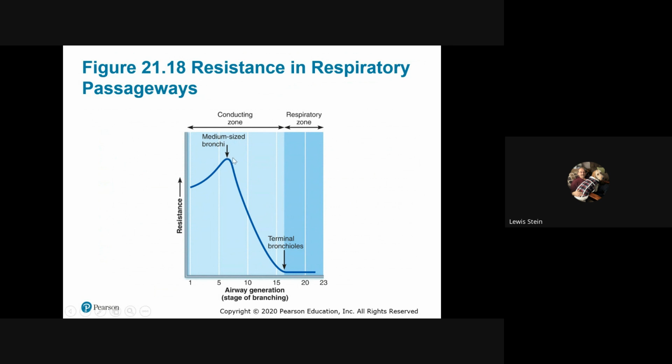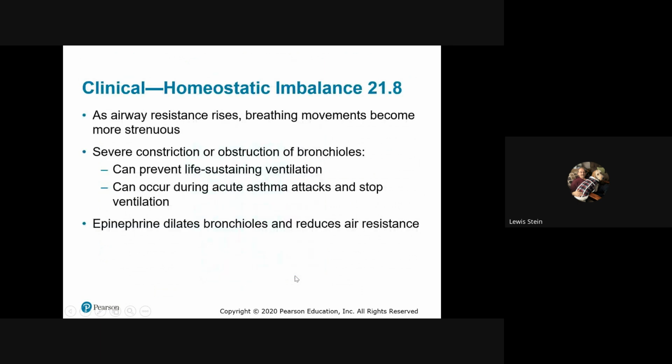And those are the medium-sized bronchi. There's so many of them and they're wide and they don't collapse. But as soon as they start to get smaller, working their way down all those 23 orders of branching, the smaller they get, now we begin to increase resistance. And that's what occurs with this. So it becomes more strenuous, more difficult. And when they're really constricted,